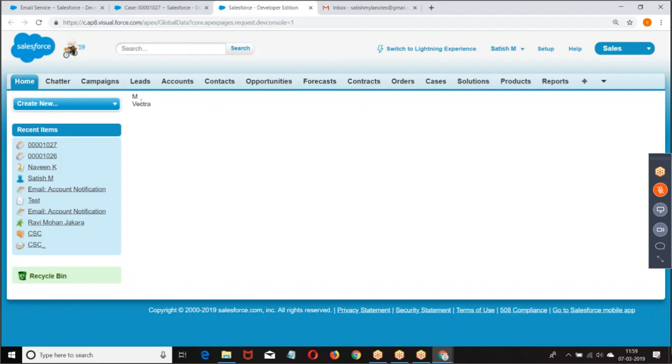Similarly, how can you create your own objects whose data can be fetched without writing a SQL query? That's where we have custom settings. Custom setting is also like a custom object where we can store the data.